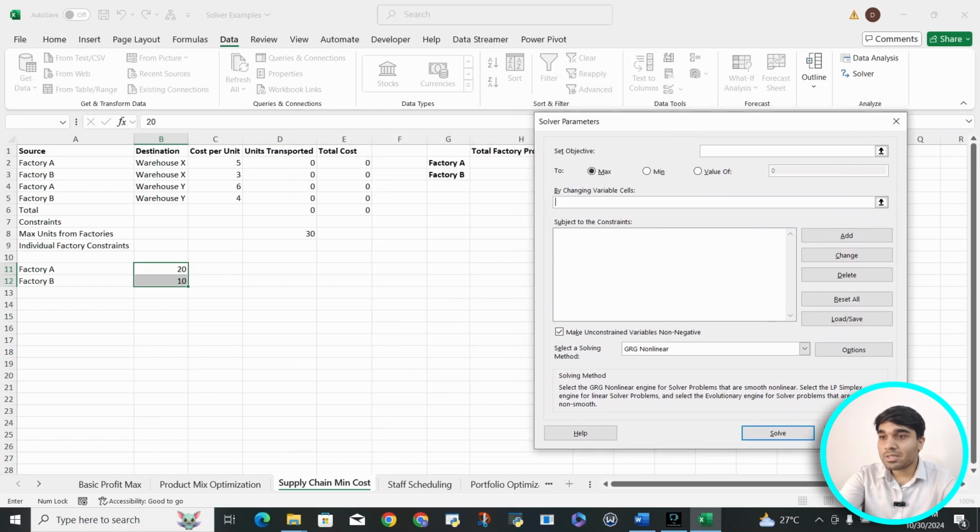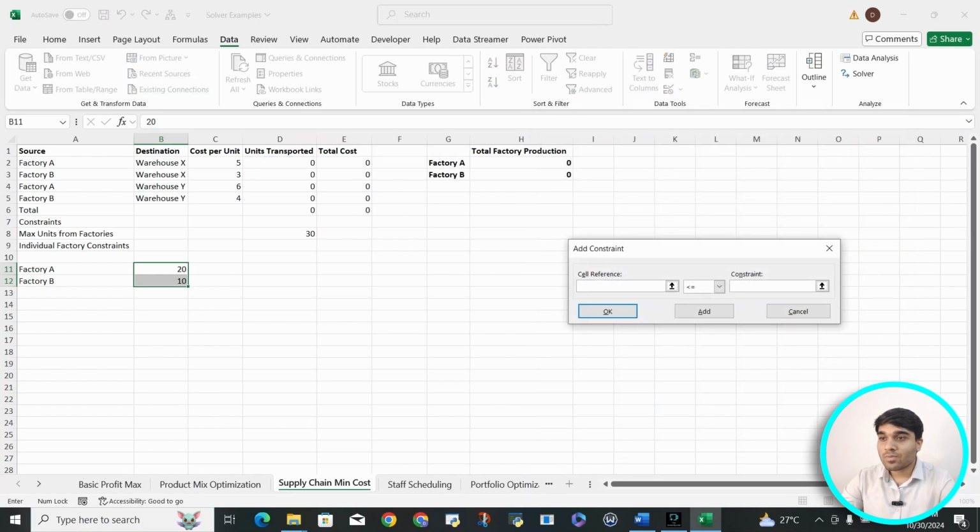So instead of maximization, we have to reduce it. So let's try to reduce the cost. We are going to click on total cost here. We're going to change these cells, and then the other thing is to add the constraints. Total production can always be less than or equal to 20 for A, and for H3 it can be less than or equal to 10, and then the number of units transported should be